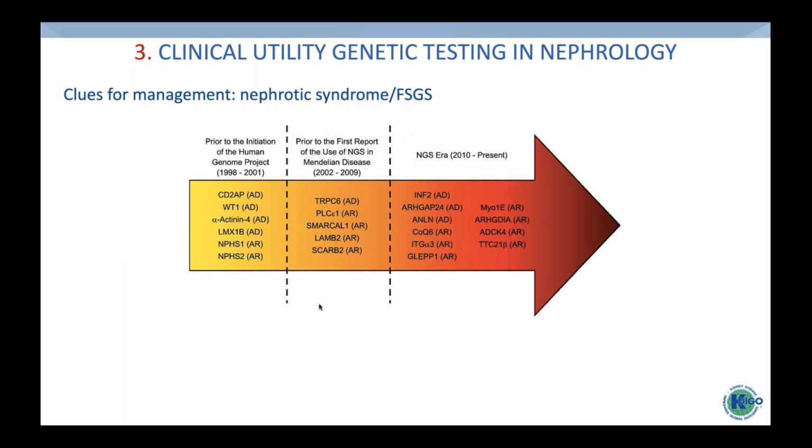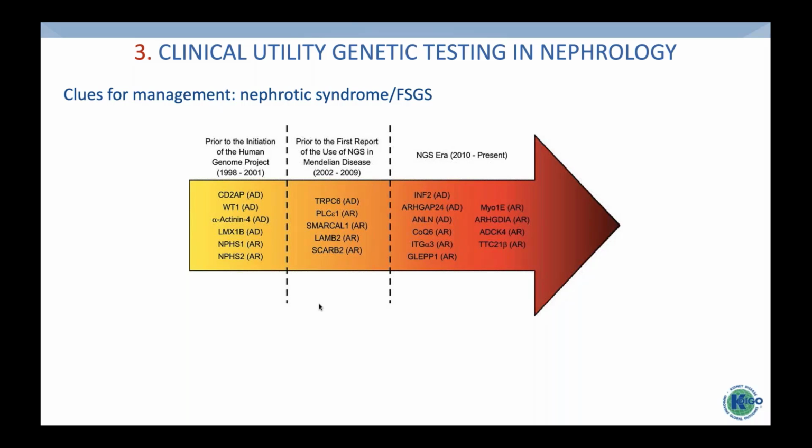In recent years, after the introduction of next generation sequencing, an enormous number of novel genes for nephrotic syndrome were identified. And actually this list is already outdated, because almost every week or every month you see a new gene for nephrotic syndrome coming up. But nevertheless, there are a few genes in this list that are interesting because they have a relation to the coenzyme Q pathway, like ADCK4 and